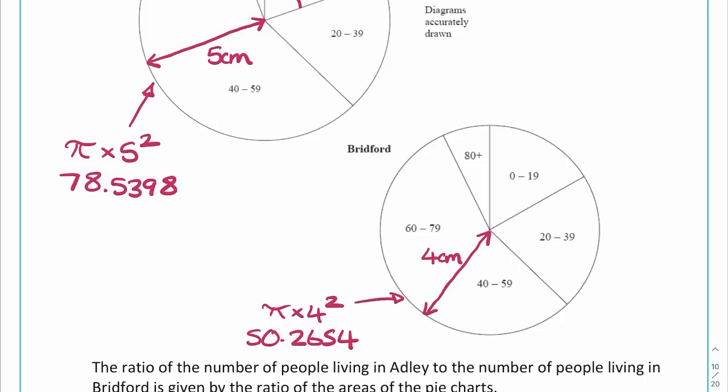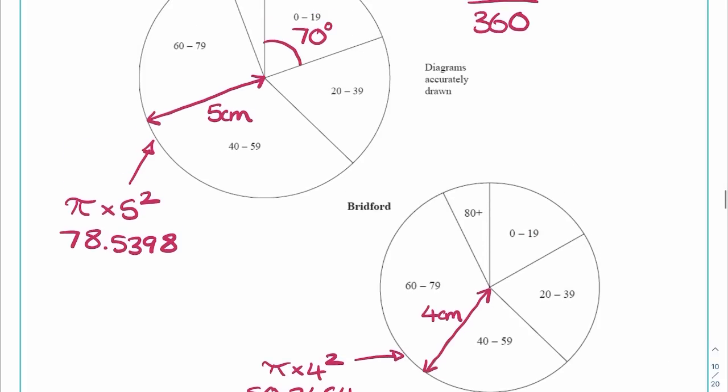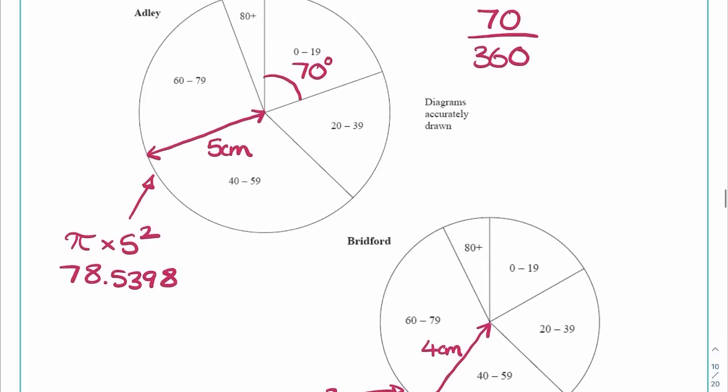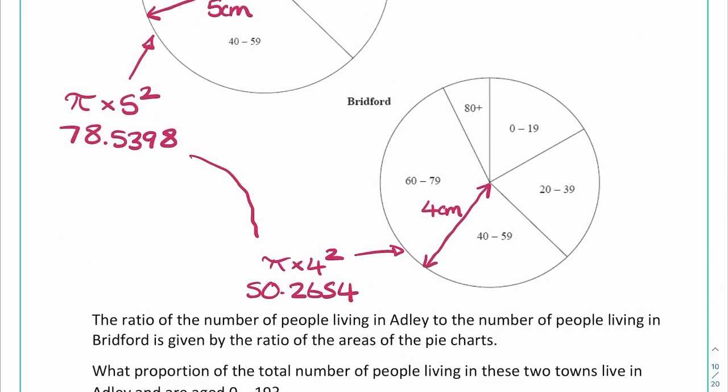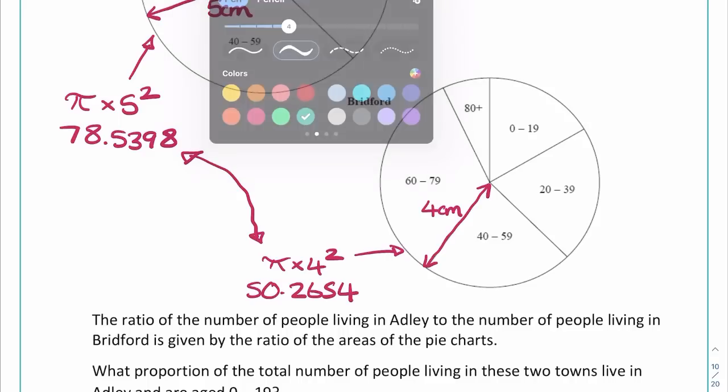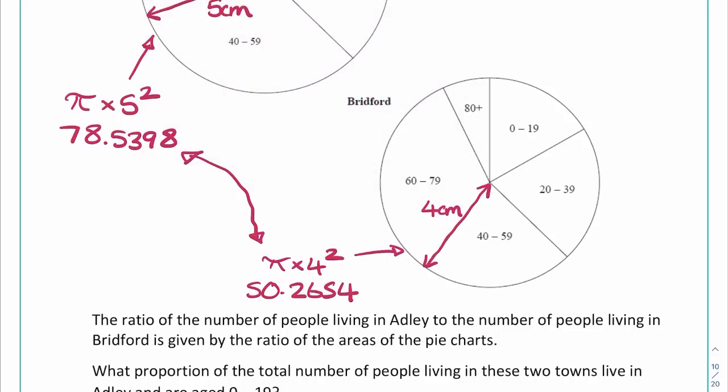Now, as a bit of proportion, the area of the Adley pie chart, 78.5398, is out of the total area of the two pie charts. So these two added together, what would they be? Well, let's add them together on the calculator. So plus